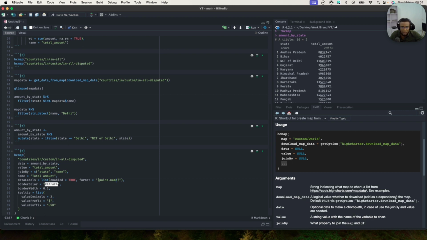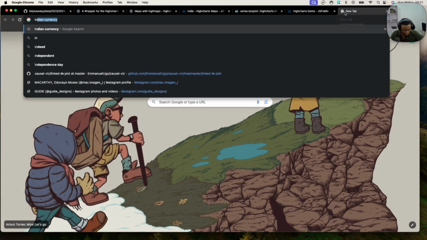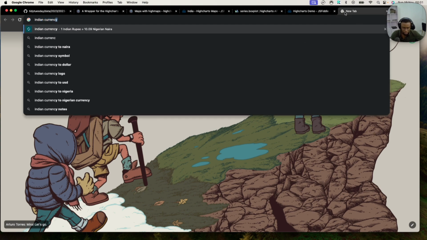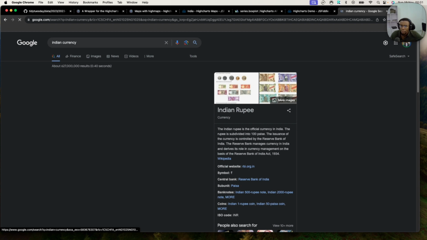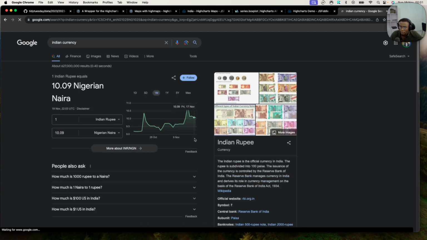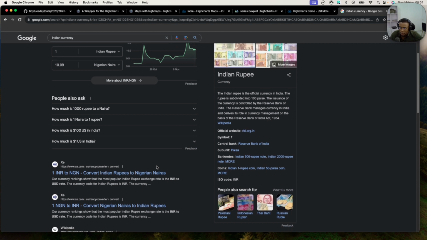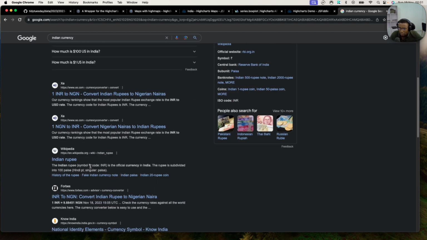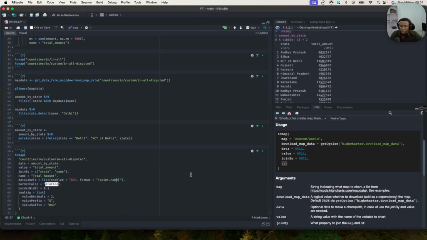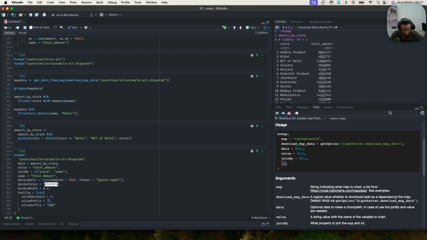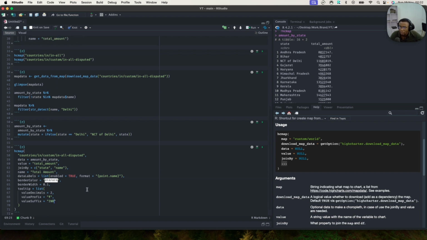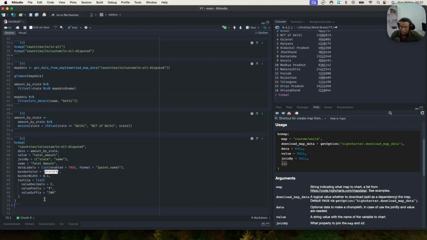So let's look for the symbol for Indian rupees. Indian currency. What is the sign? Okay, let's copy this. Okay, we have the Indian rupee symbol, and the suffix will be INR. And when we plot this, we should have